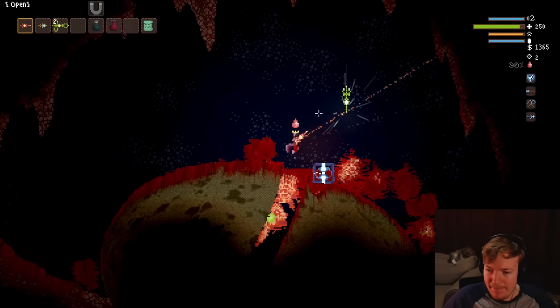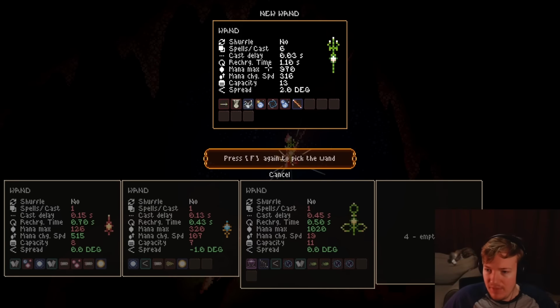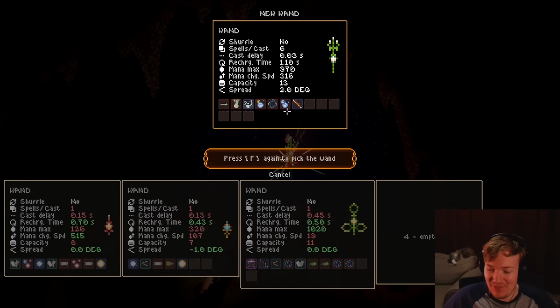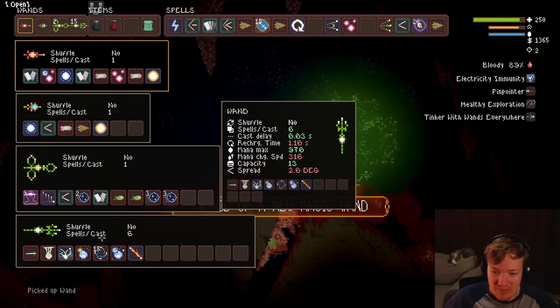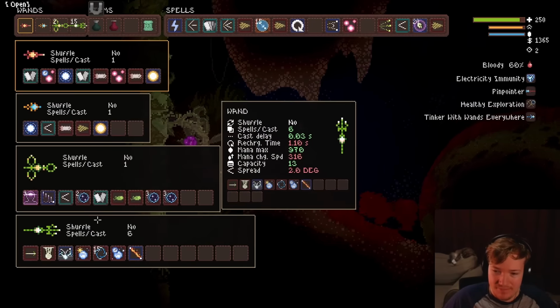So if you want to use the Fireball orbit from earlier in the run, that's how you get it. This wand is really, really iffy. If you tried hard, you could make it work, but the 6 cast makes it very difficult. And the 1 second recharge time...